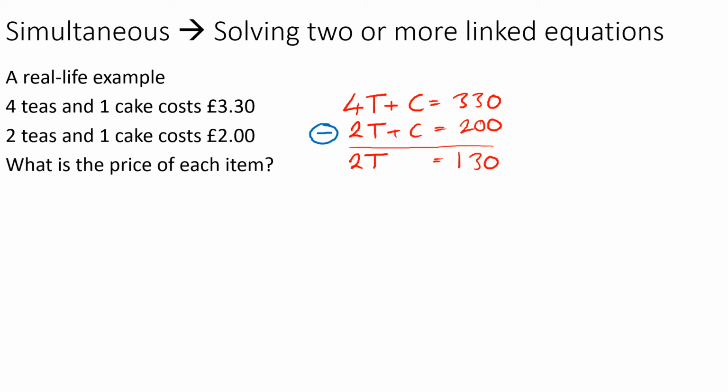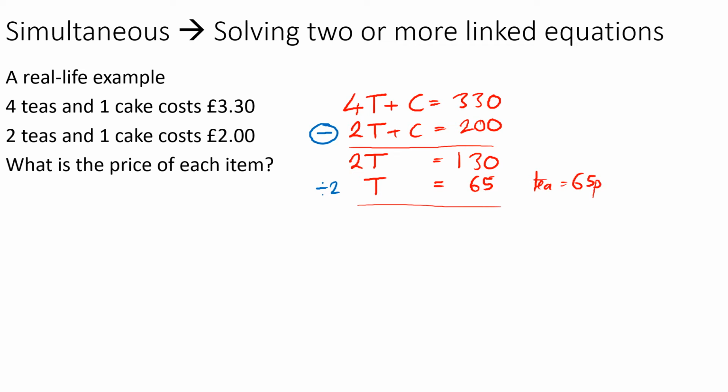Now, what would we do with that? Well, we want to find the price of 1 cup of tea. So we'll divide that by 2. And we'll get that a single cup of tea is 65 pence. Now, we still need to work out what the price of the actual cake is. How could we do that? Well, what we could do is take that information that tea costs 65p